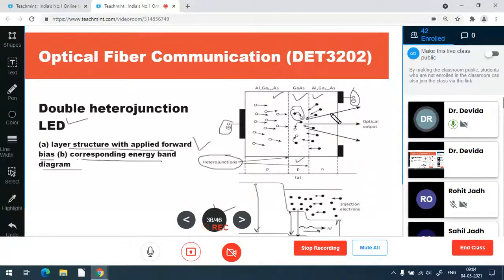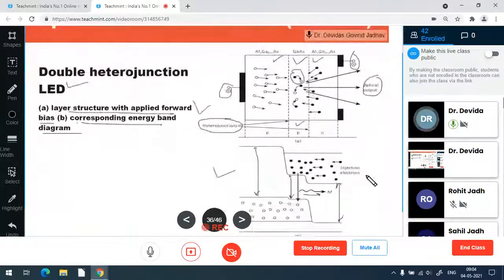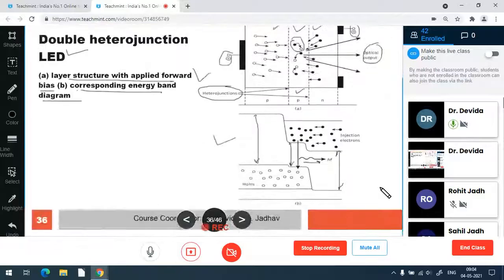Okay, and this gives the optical output from one side. If optical output is taken from both sides of the active region, it will get divided into two. So that's why single side active. So a high radiance LED is also provided with the double heterojunction and mirror section. So only holes and electrons have recombination possible in the active region.